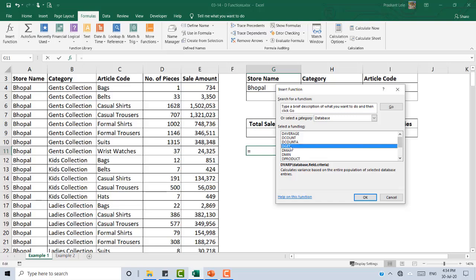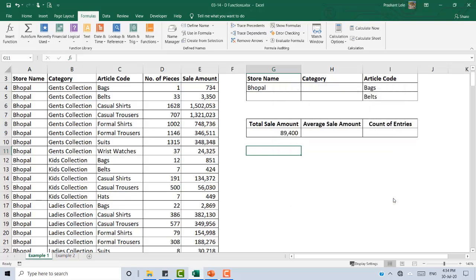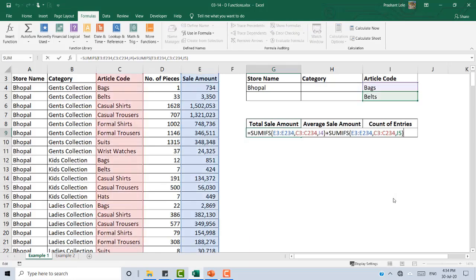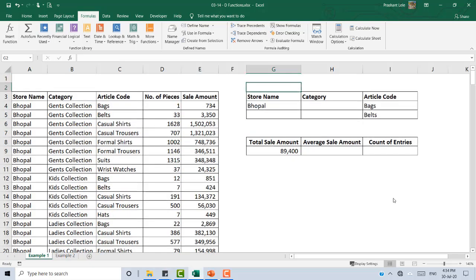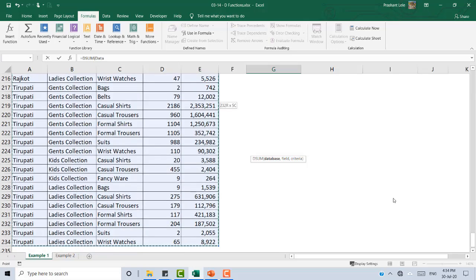And fourth we are going to see DGET. Okay, so these four functions we are going to see now. To replace this SUMIFS with a D function, what you need to do is, see, I'll just delete SUMIFS from here. Then equal to, now instead of SUMIFS you type DSUM, and then you need to select your database. So your database is this. So you select this database, then comma,